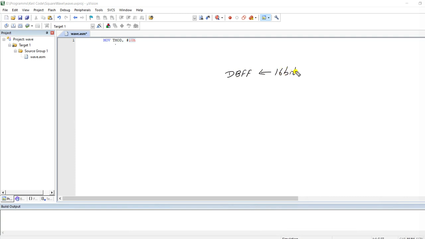We can obviously see that there are 16 bits. This is 8 bits and this is the other 8 bits. This 8 bits is lower and this 8 bits is higher. So the higher 8 bits will go to TH1, meaning timer 1 higher, and the lower 8 bits will go to TL1, that is timer 1 lower. So we are going to append these two values to the program. So for that we will write like this.